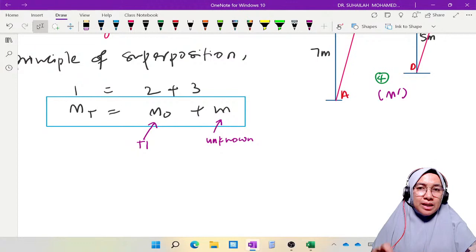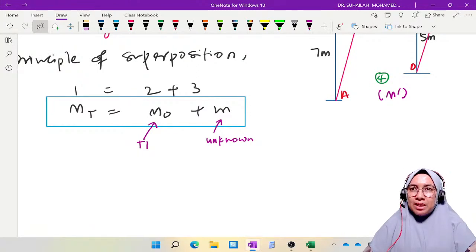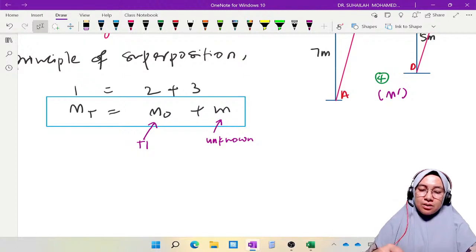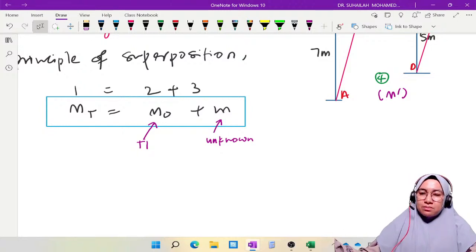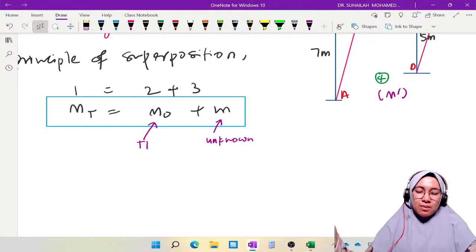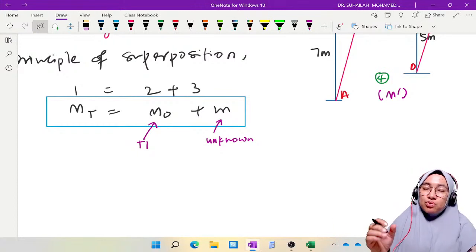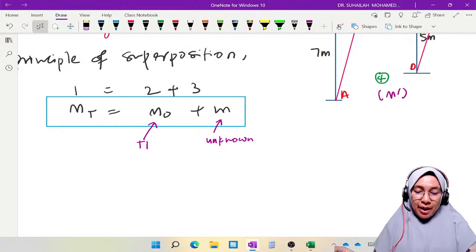M is unknown, but now we have established the equation for m from interpolation between diagram number 3 and diagram number 4. So after interpolation, we substitute m equals r over r prime times m prime